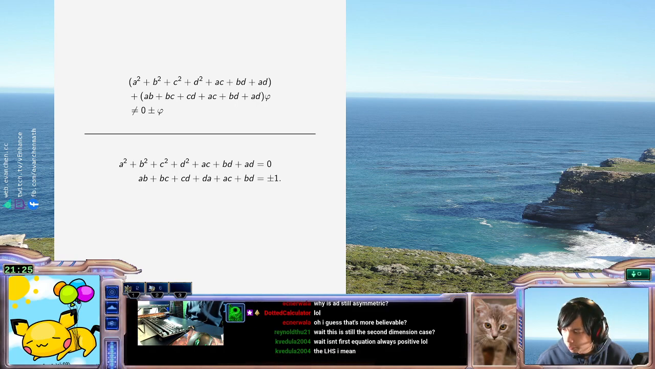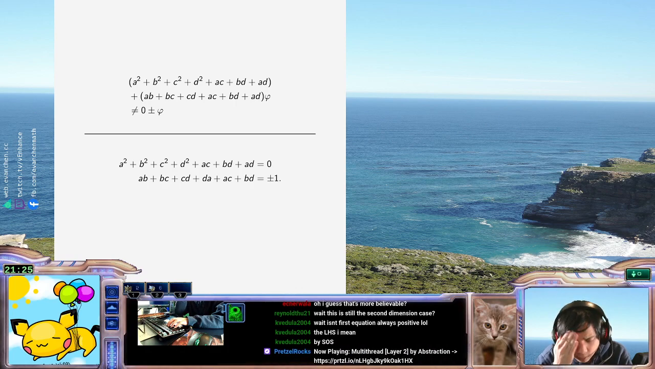Isn't the first equation always positive, the left-hand side, by sums of squares? Is it? So you're telling me the left-hand side is equal to... Okay, let's try that. A plus c squared over 2 plus b plus d squared over 2 plus